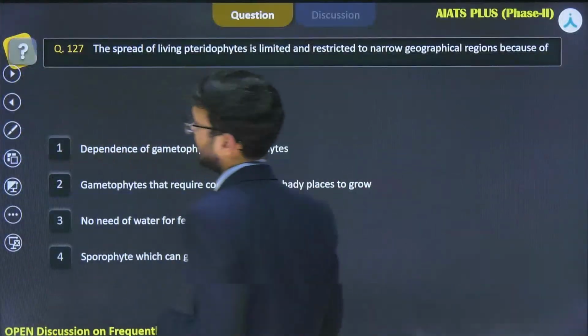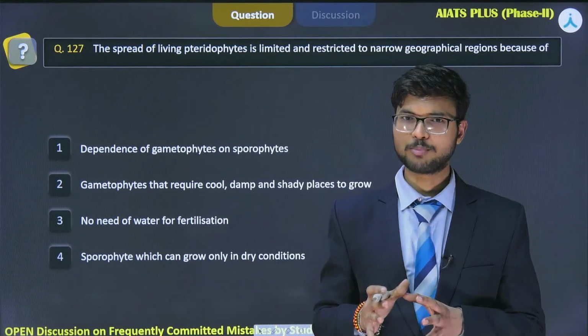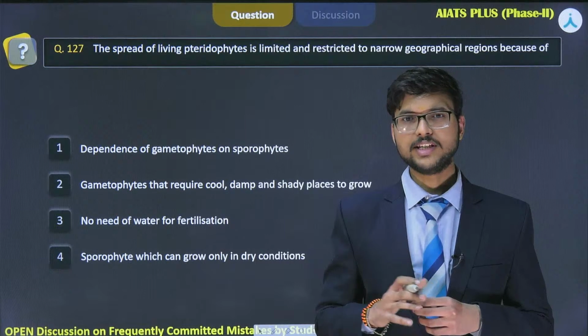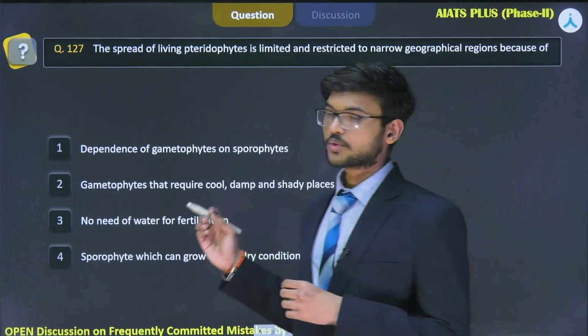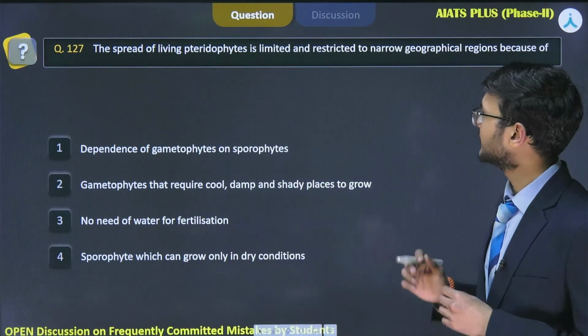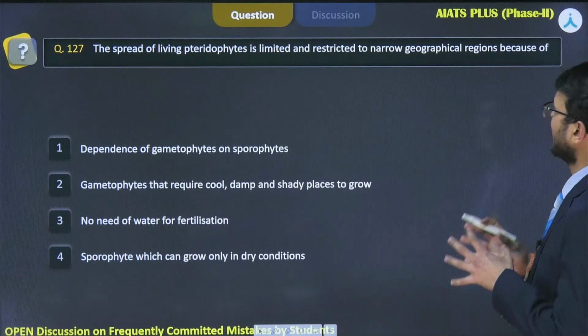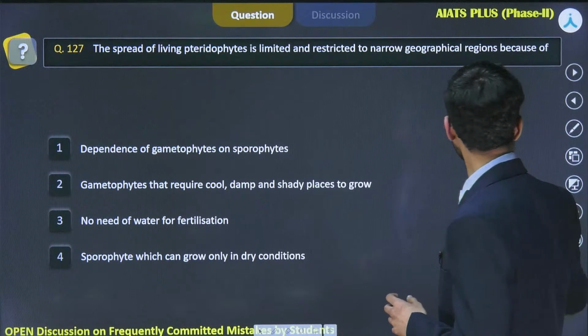The topics that are present here are sexual reproduction, organism and population, plant kingdom, morphology, cell the unit of life, and photosynthesis. So on the screen the first question is question number 127. The spread of living pteridophyte is limited and restricted to narrow geographical regions because of, okay,